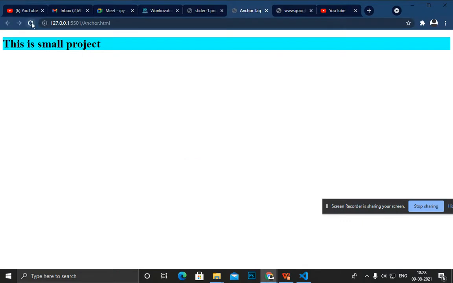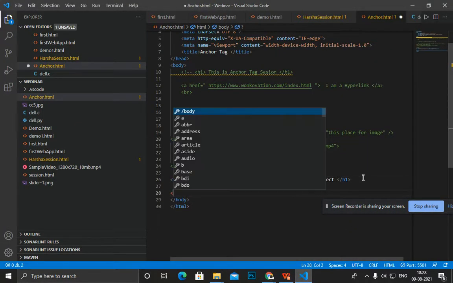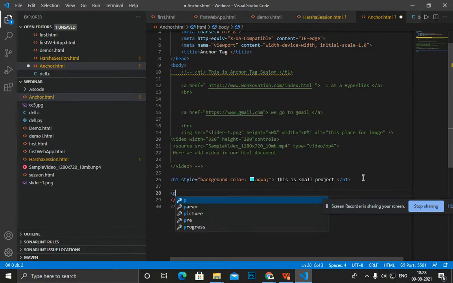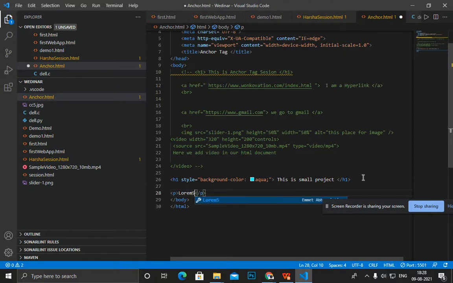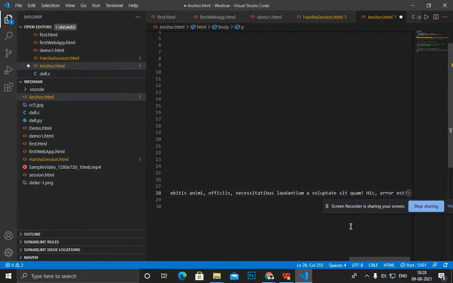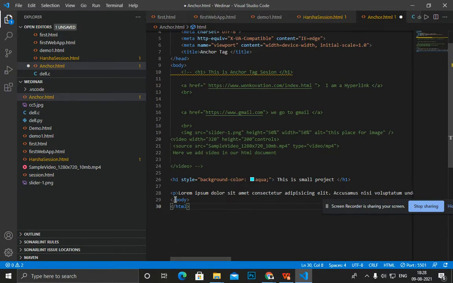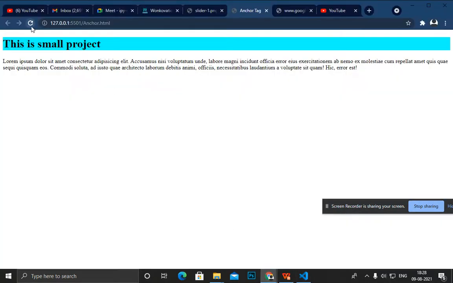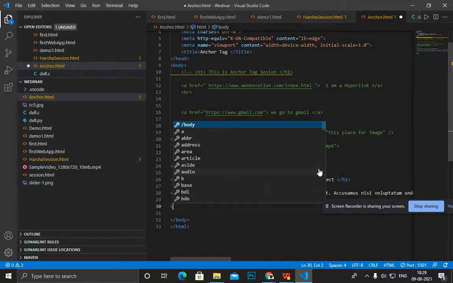You can see that we add a heading in my web browser, and after that I add some paragraph. I use the paragraph tag. Here we use lorem 50, and you see that our code editor will generate 50 words of text for me to use. Then some text will be placed, and after that I add one hyperlink.